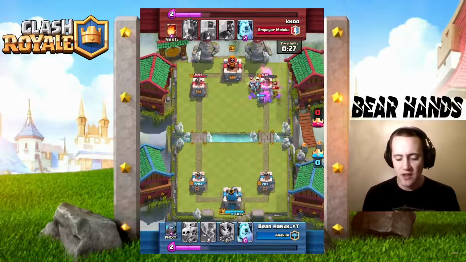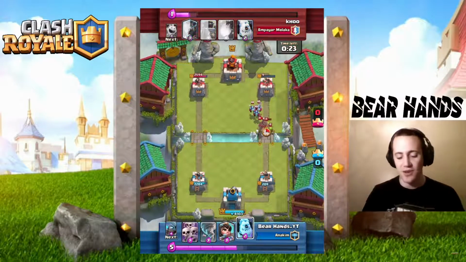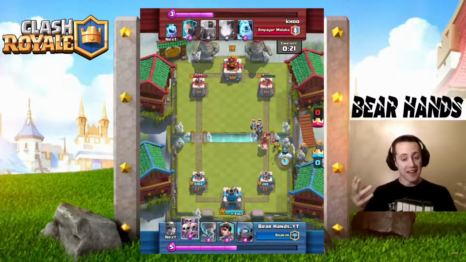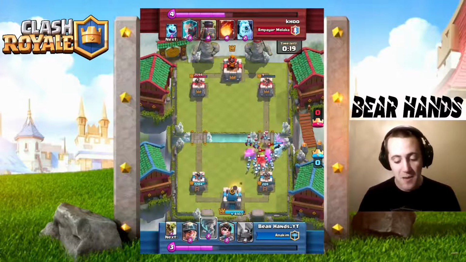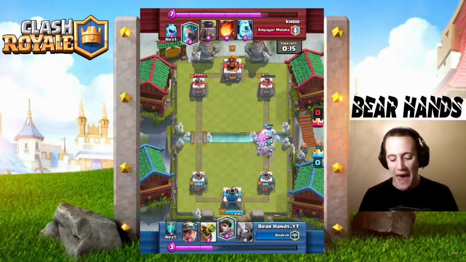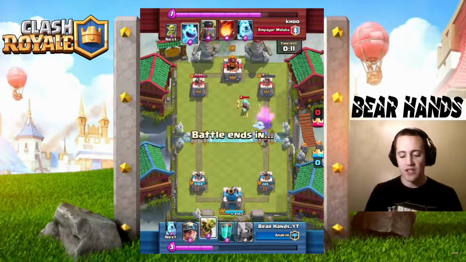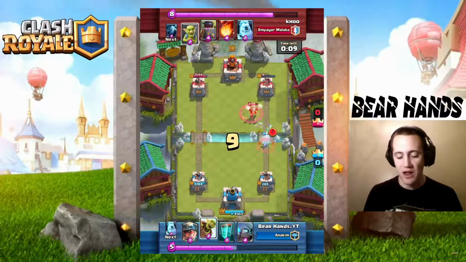Not our right side. See, our tower on the right would be dead if we continued playing the Princess over there. We get a nice clone spell off there, distracting all the units long enough for the mini P.E.K.K.A to get in and get another swing off on the tower. Mini P.E.K.K.A MVP over here. We pull the Hog back,